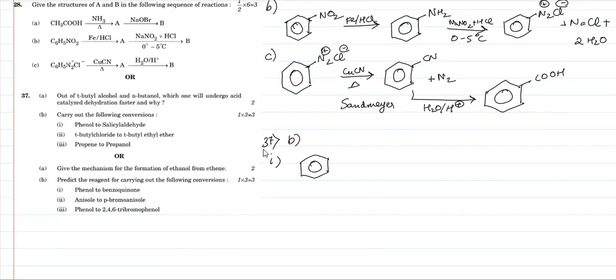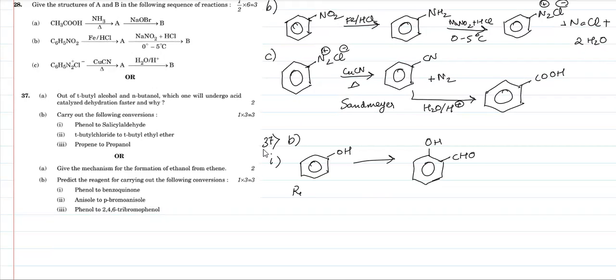So in this question, you have phenol, which is pretty straightforward. That is benzene with an OH group. And this has to get converted to salicylaldehyde. Salicylaldehyde, as the name suggests, has an aldehyde group. So it has an OH and a CHO. So this is salicylaldehyde. So this actually is a named reaction,